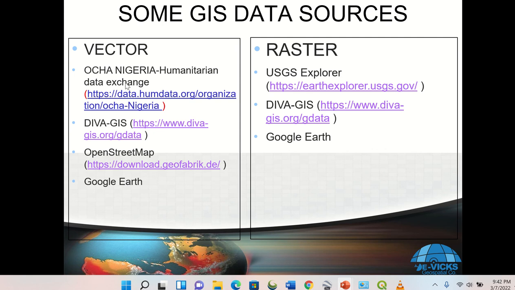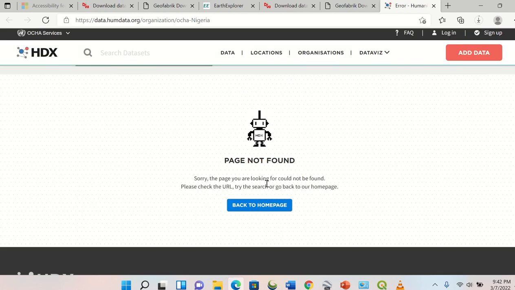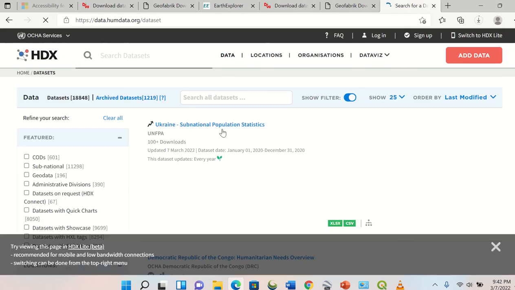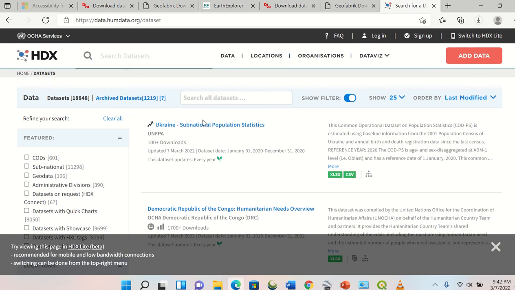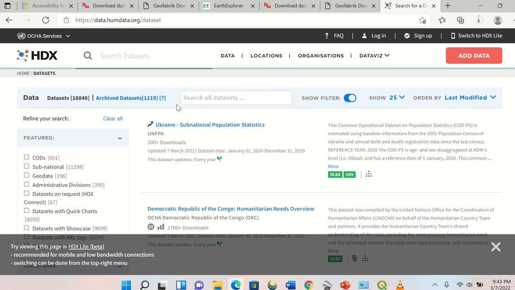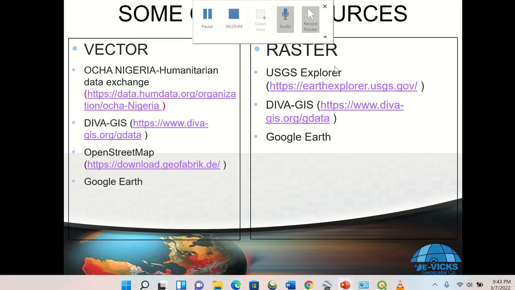Also, we have the Humanitarian Data Exchange. For some of us that are in Nigeria, you can download data from the site. We have the Nigeria Humanitarian Data Exchange. You can click on data. We have various data here, and we also have Ukraine subnational population statistics. So you can download data from the Humanitarian Data Exchange. And also these are vector data sources. We have Google Earth. Also for the raster data